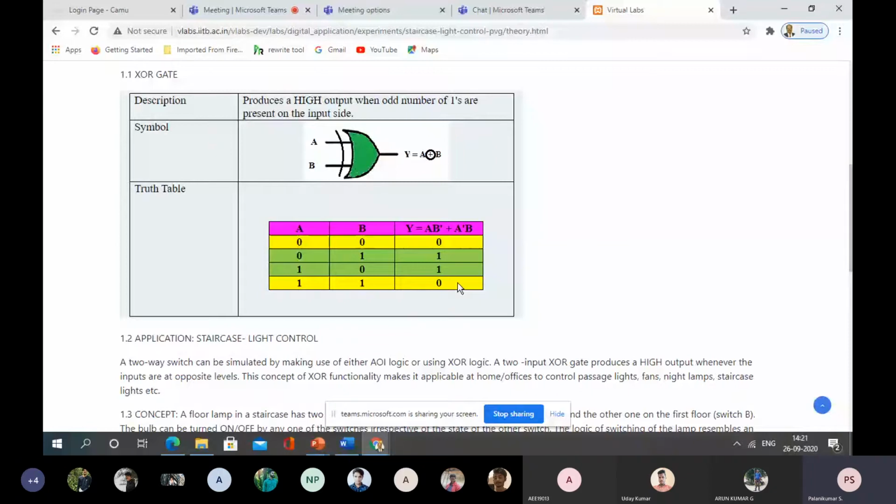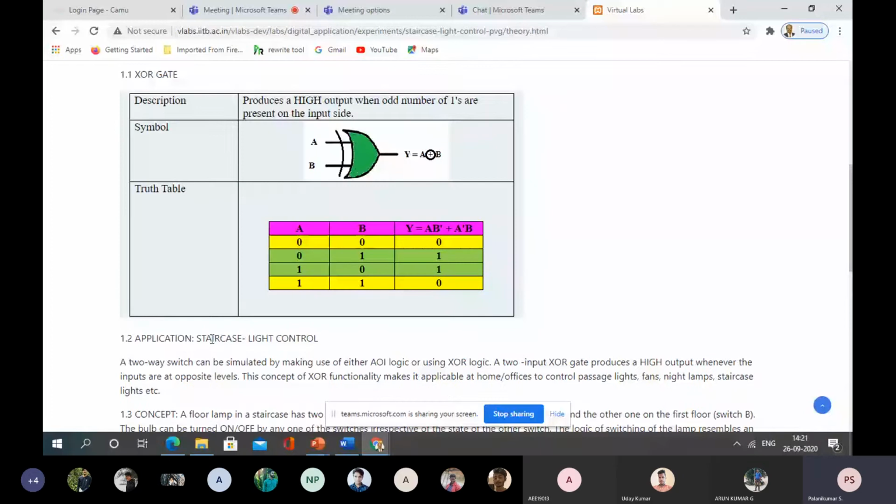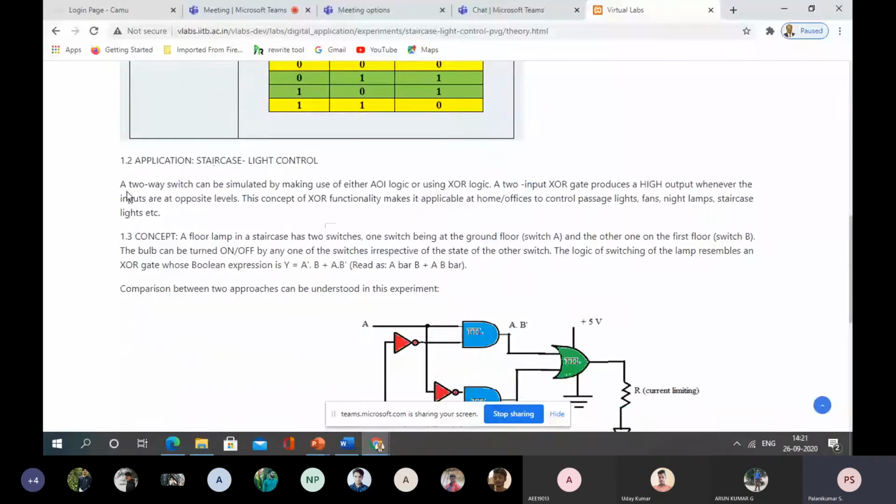One of the important applications of the XOR gate control is staircase light control, so the staircase light is controlled automatically. This facilitates very low power switching, because these are all logic gates. The devices use only very low voltages and very low on-state current. So it is automatically very low power switching. In combination with the switching, if you are using an LED lamp, it is another low power switch, providing very good illumination.